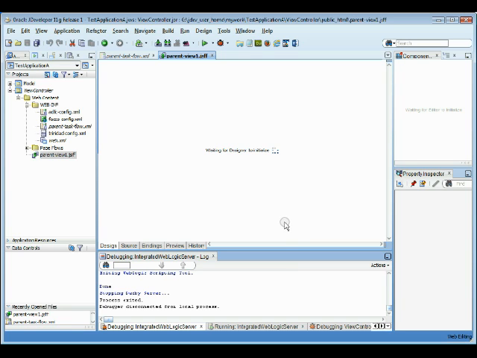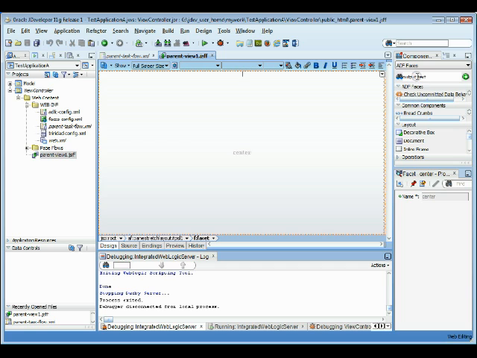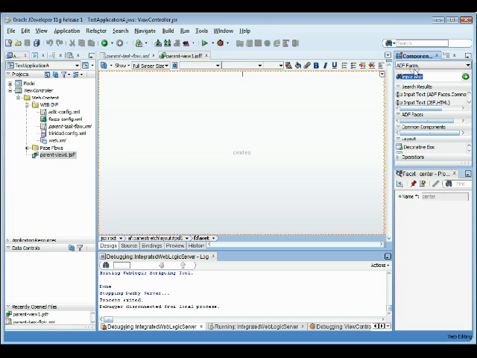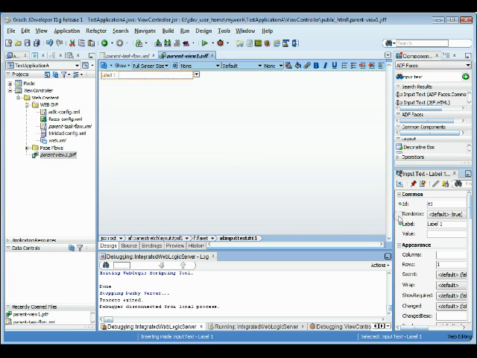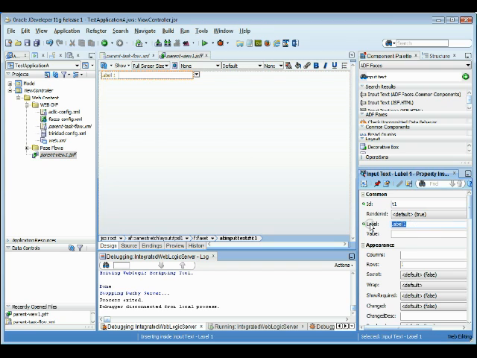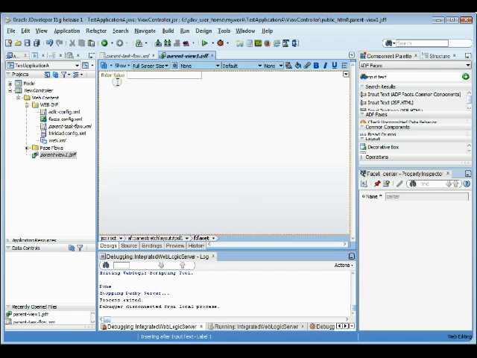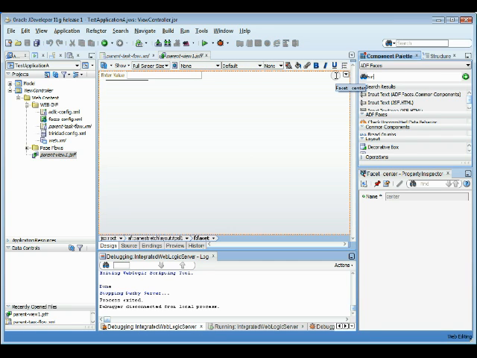And on this page, remember, I'm going to put the input text. Input text. Searching my ADF Faces components, and we have ADF input text. Perfect. And we'll go over here and say enter value. Alright, so we have that input text, gets a label, enter value, and now we need a button so that